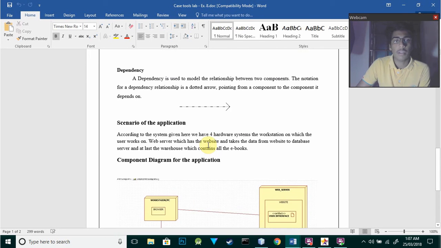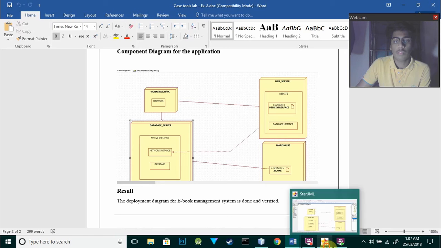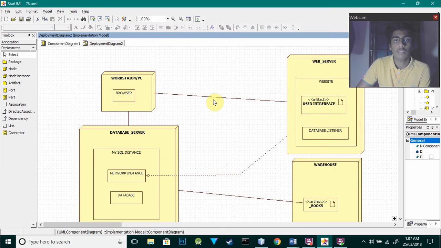So that was about the deployment diagram. Here in the deployment diagram, what we basically do is connect all the hardware systems. So I have four hardware parts, the nodes, four nodes. The first is the workstation, that is the PC on which the user works, which